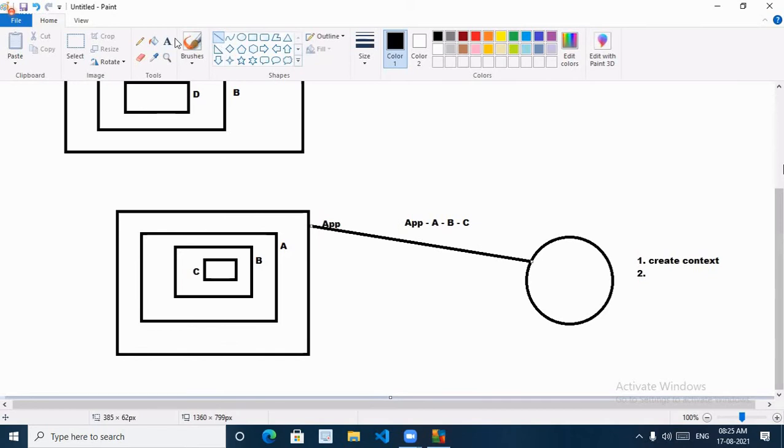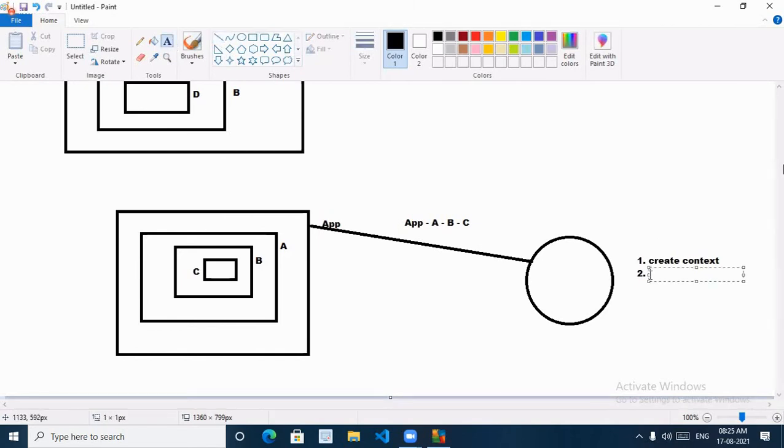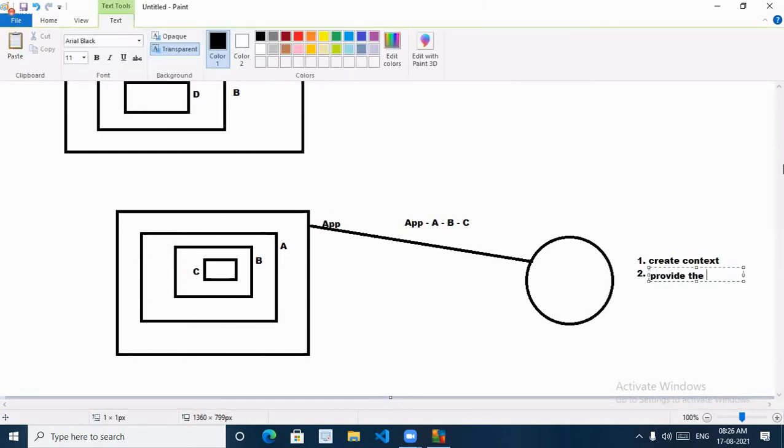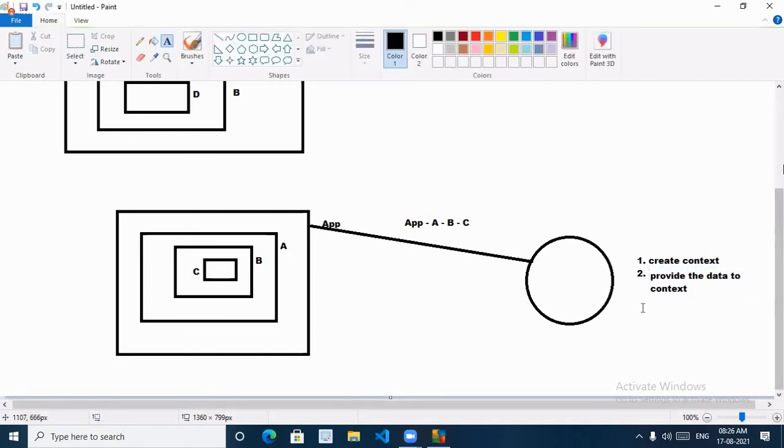The app, right? My app has to provide the data to the context. So that's it, provide the data. Who? Data to context. Yes, I provided. Provide the data to the context. Next level, what? Who wants the data? My app provided the data to the context, which means my app contains how many